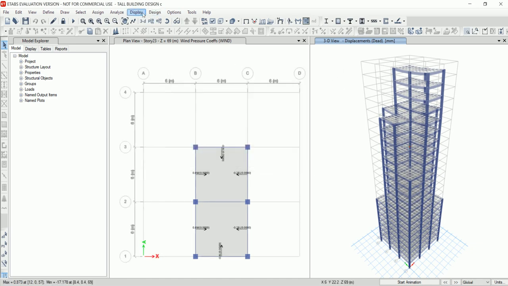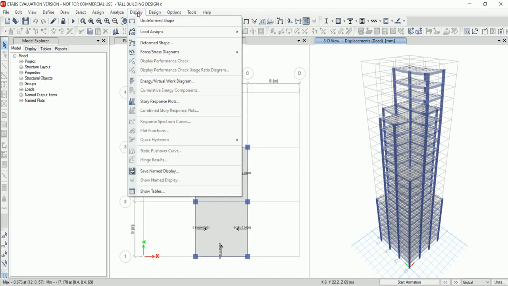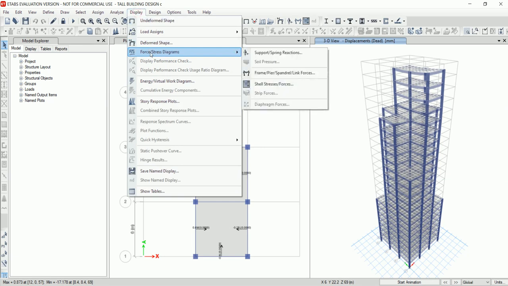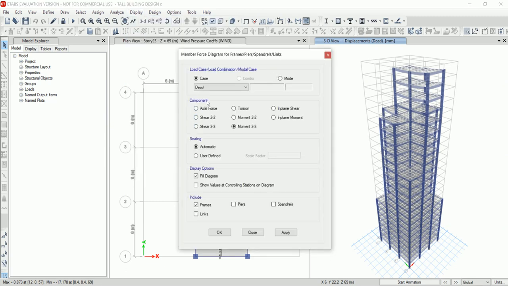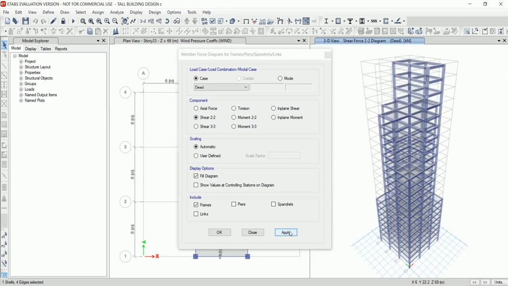Now go to display, click on force stress diagram, then go to frame. Now select the component shear 2-2 and click on apply. Then again select moment 3-3. Click on apply.